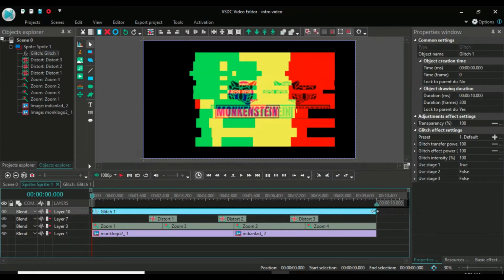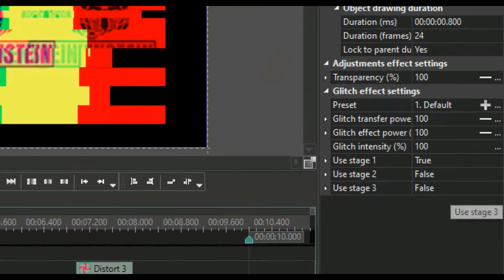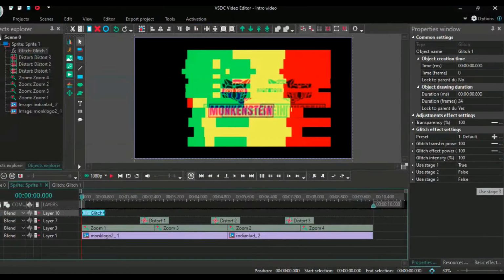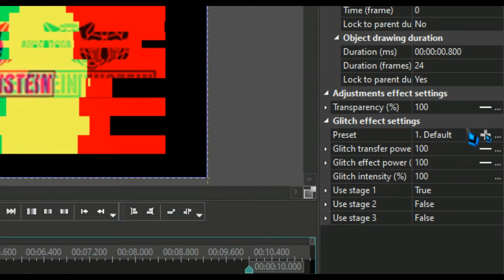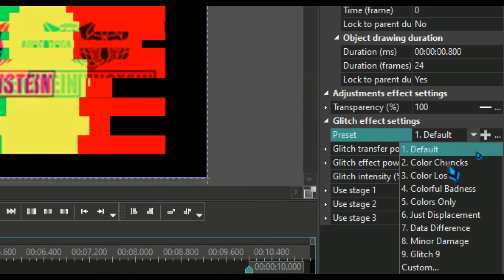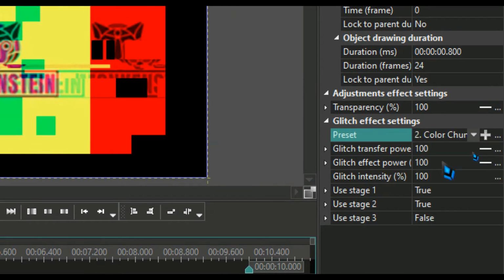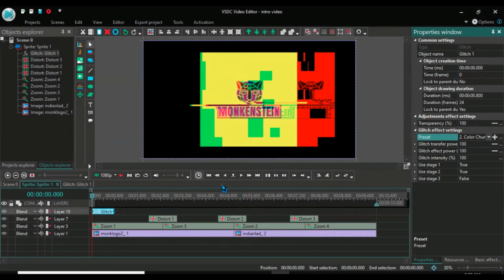So now what we'll do, we'll keep the glitch short and simple. Okay, we'll go to glitch. Firstly we'll go to the properties. Here you can see the preset, which is default. You need to change it to color chunks. I'm using color chunks. Okay, color chunks.